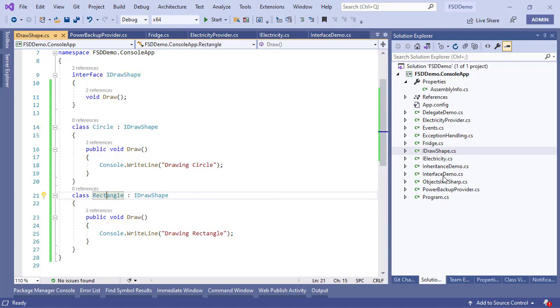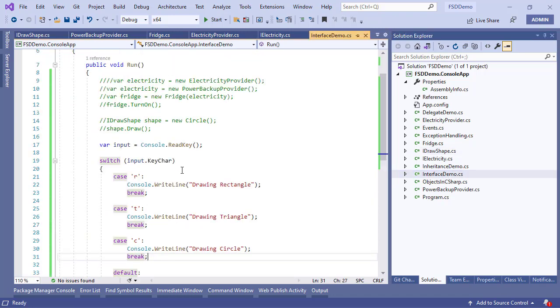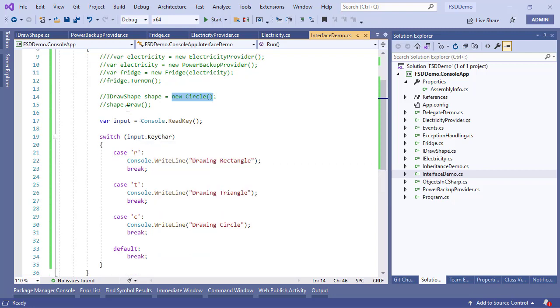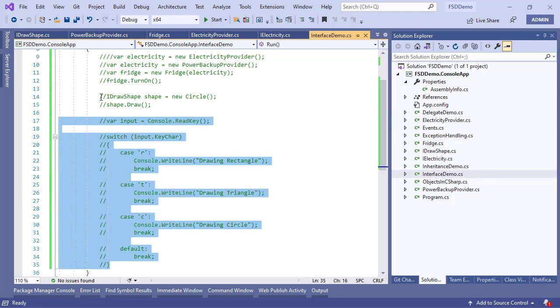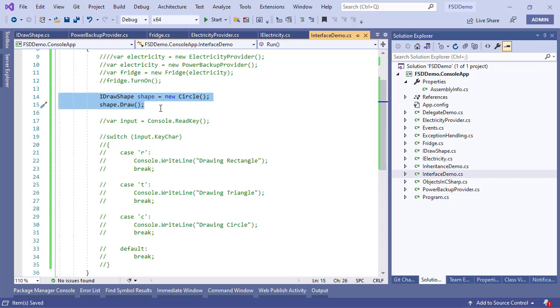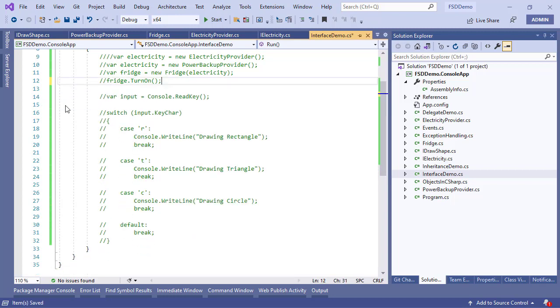And when we want to make that decision, we are going to take away this capability of picking which object it wants to get created and create this object outside based on these choices, right? And when we have these choices available to us, the right implementation is going to call the correct function, and we will be able to support multiple shapes and features. So let me comment this line out, the switch case statement, and